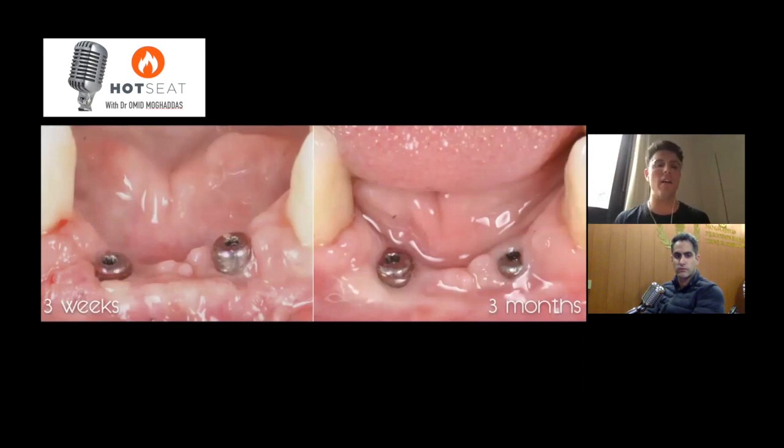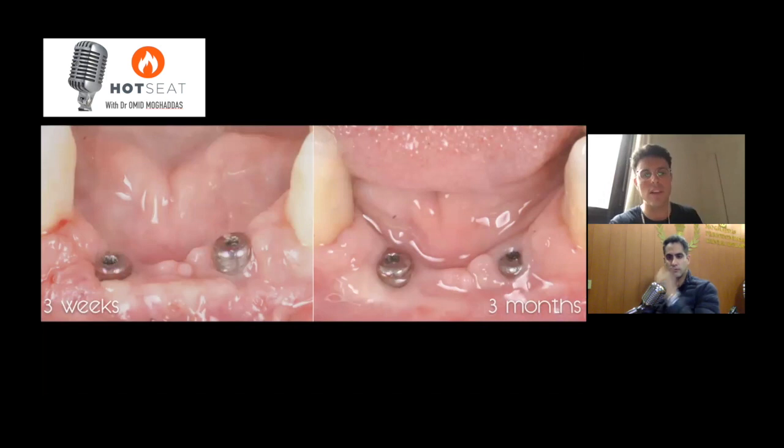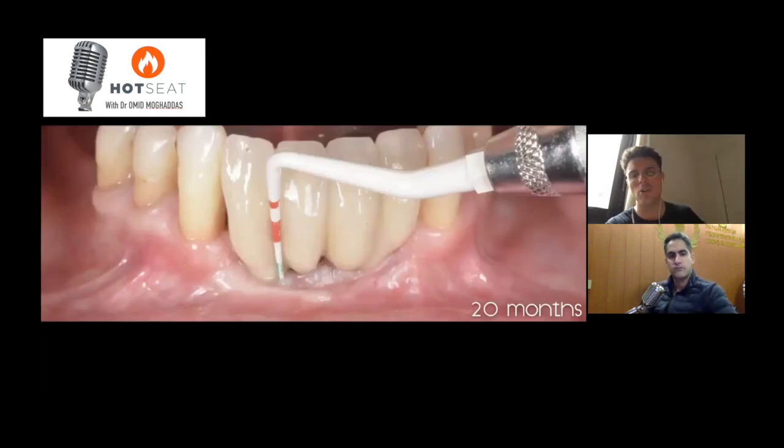And here you can see the early healing, which is characterized by minimal shrinkage. In the next few slides we will see in which situations we may anticipate more shrinkage, more dimensional changes of the grafts. But of course, the anterior mandible and the anterior maxilla are not the areas that are exposed to excessive dimensional changes. And after 3 months of healing, we can see that we are not only dealing with a better environment, so the patient is really more comfortable with personally administered oral hygiene measures,